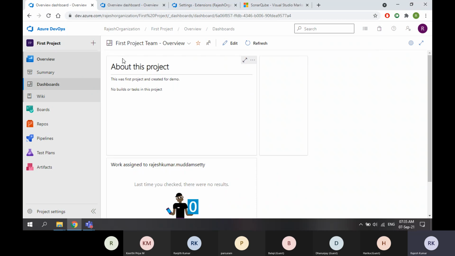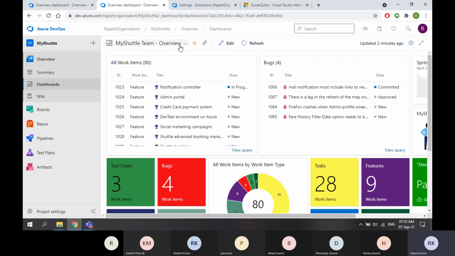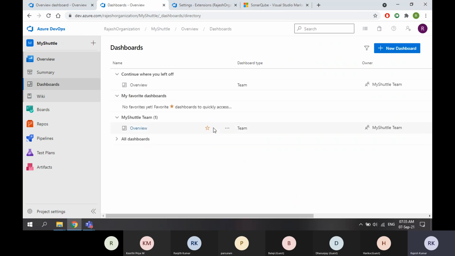So this is all about dashboards. You can create multiple dashboards and manage all your dashboards. If I go to my previous, here also I have only one dashboard. If I go to all dashboards, you can see all these dashboards, but this is only one dashboard.